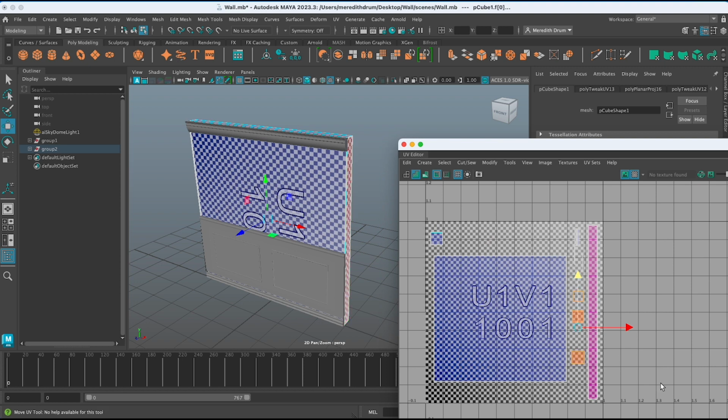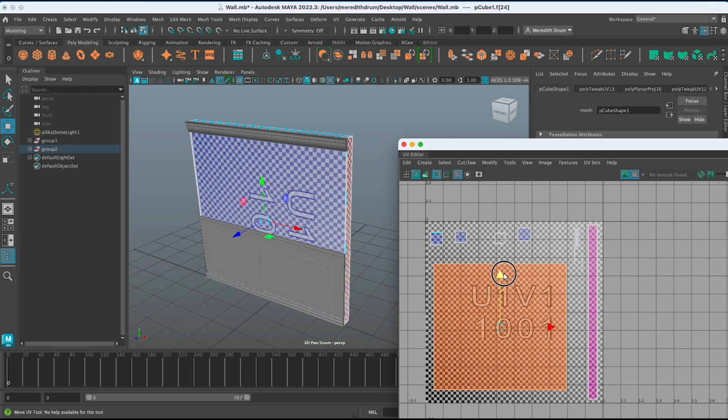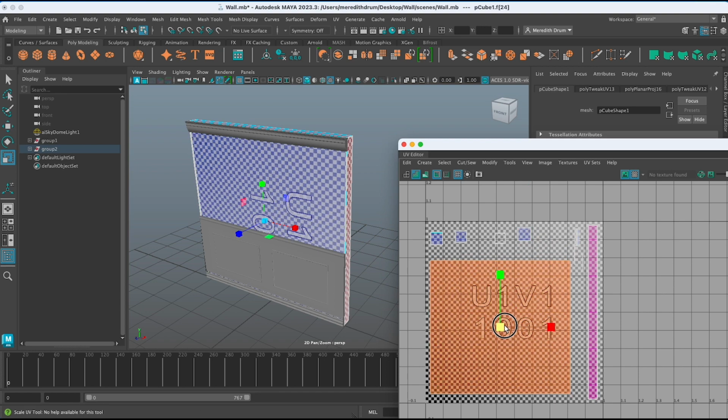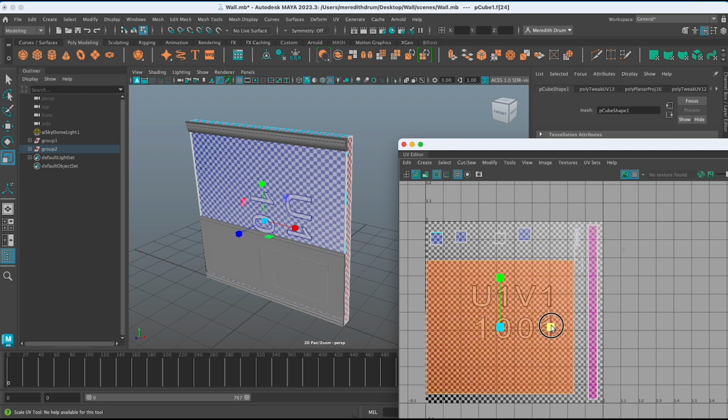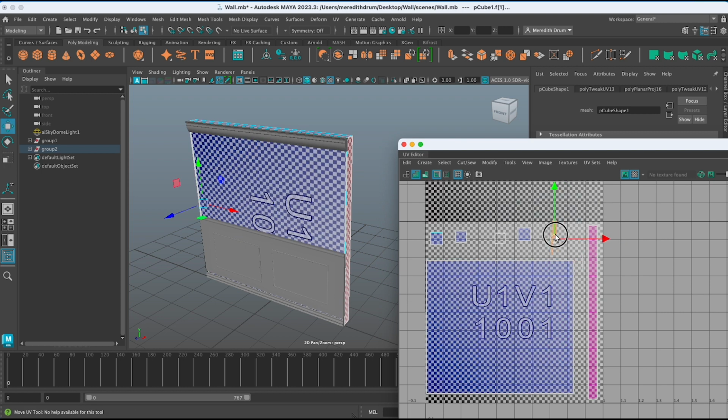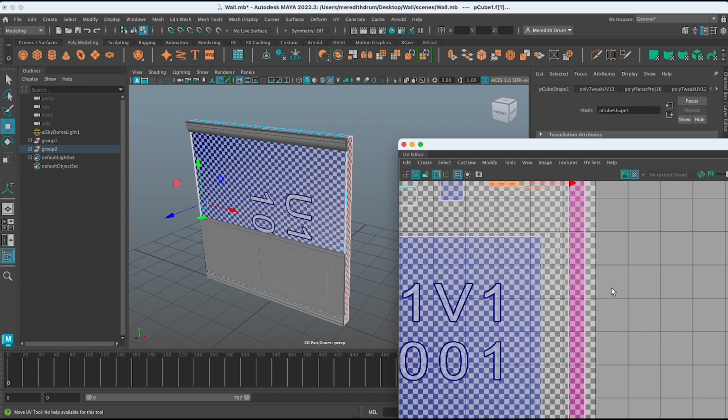Kind of grab those one by one. Yeah, so just try to make use of your space as best as you can, and get that as big as you can. We don't want anything to overlap. Since those are just edges, you can actually just rotate them around and fit them into a space that makes the most sense.